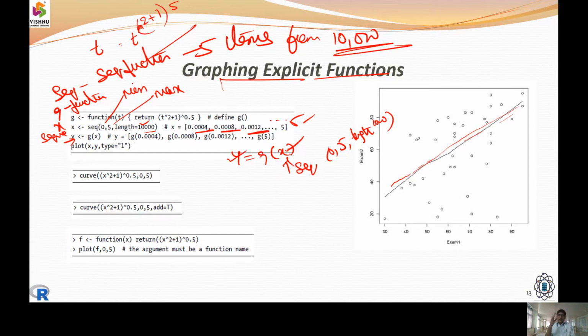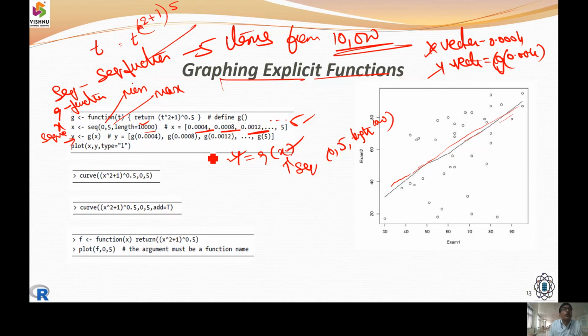The x vector is ready. The y vector is ready. So, in the x vector, we are going to have 0.004, and in the y vector, we are going to have g of 0.004. So y vector is ready, x vector is ready.